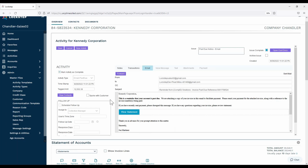And in this notice, we have our View Statement button. This is our link to our self-service portal. As Whitney mentioned before, it is essentially a single sign-on link, so there's no need for the customer to have to remember a username and password, nor do they have to sign up for it. All they have to do is just receive an email out of the system containing that link. So for one of your customers, and we just received this, go ahead and open up that link and get